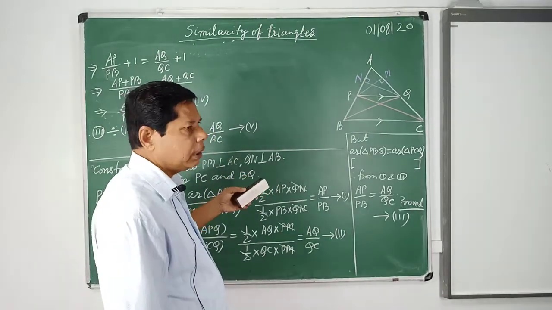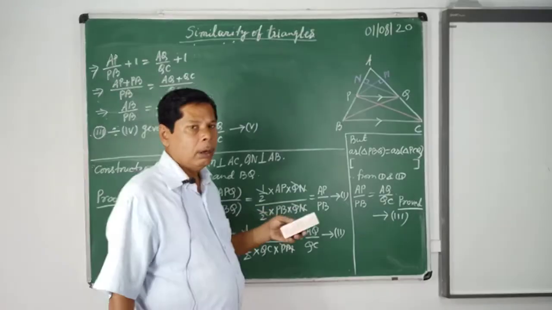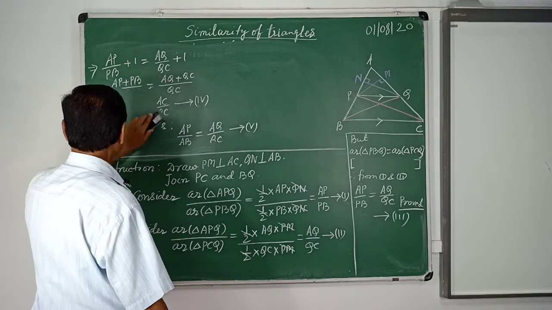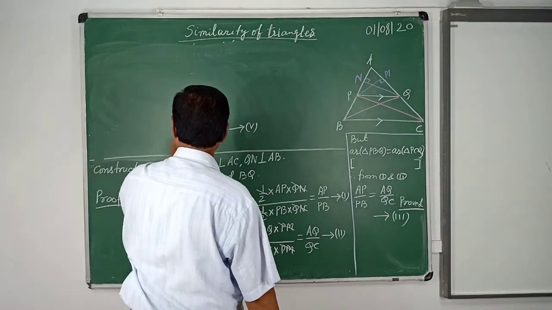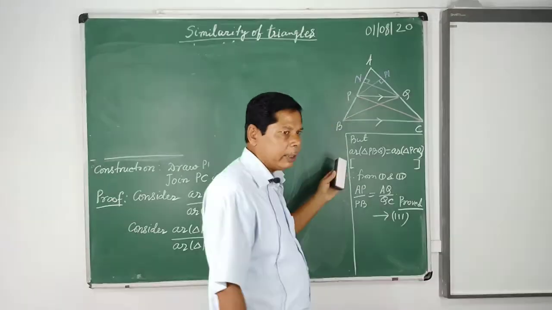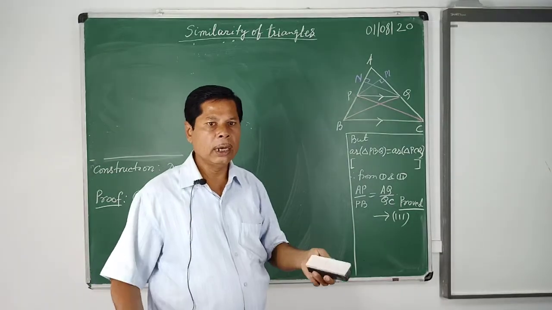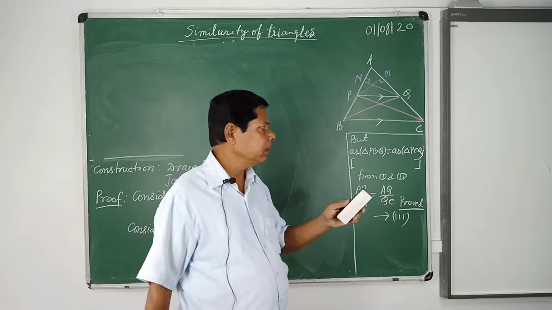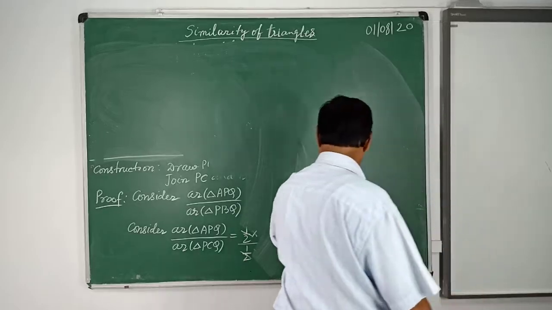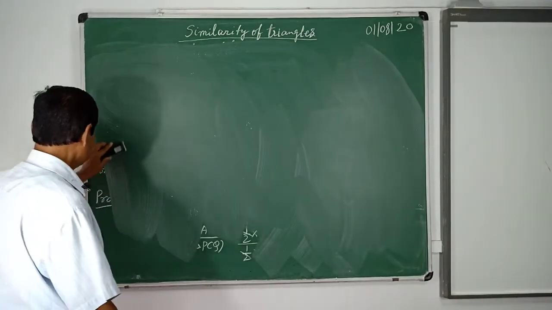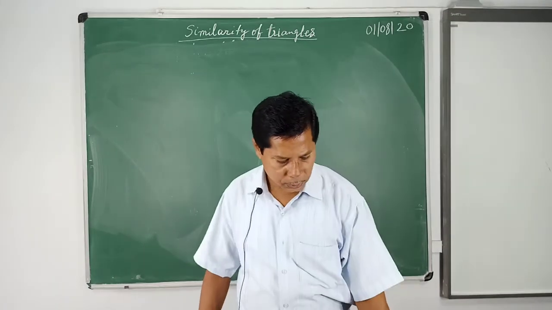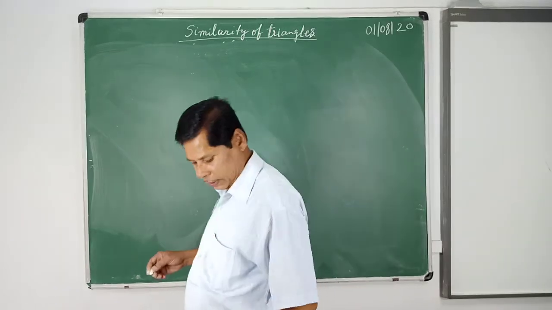Now second theorem related to this topic is the converse of basic proportionality theorem. Now once again, if you have to prove the converse of basic proportionality theorem, now if you have any doubt related to it, you will discuss it by pausing the things there in the class. Now second theorem is converse of basic proportionality theorem.